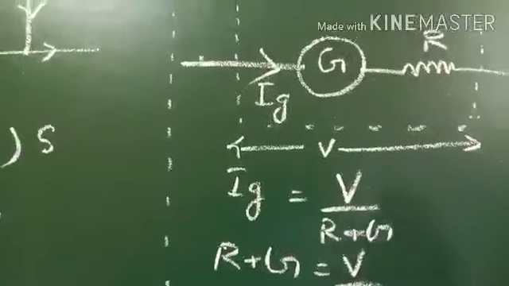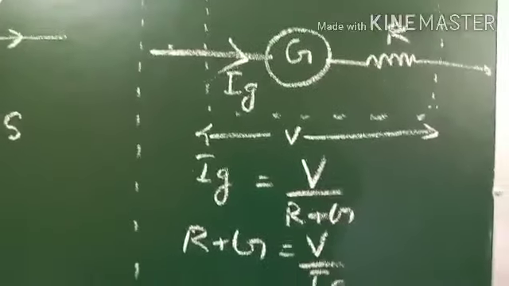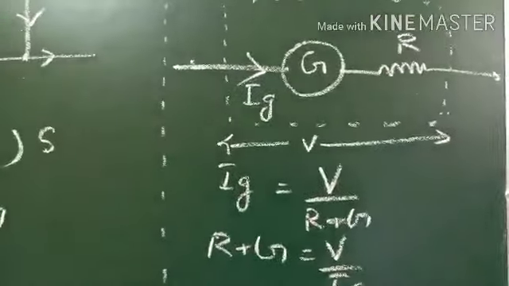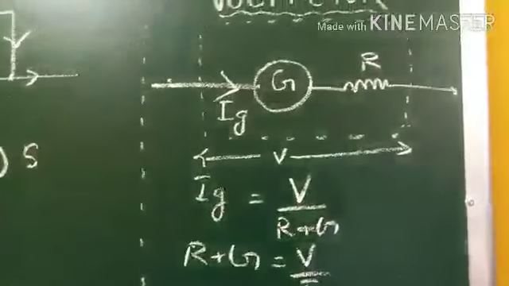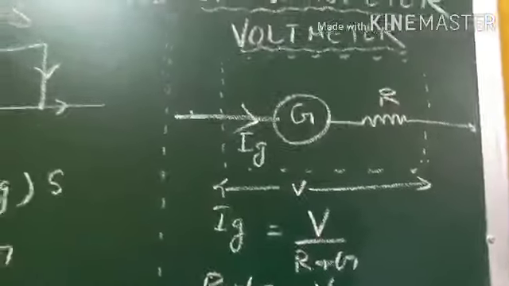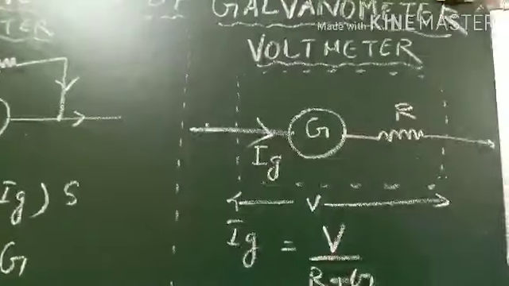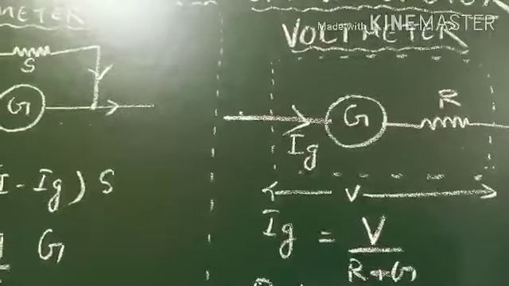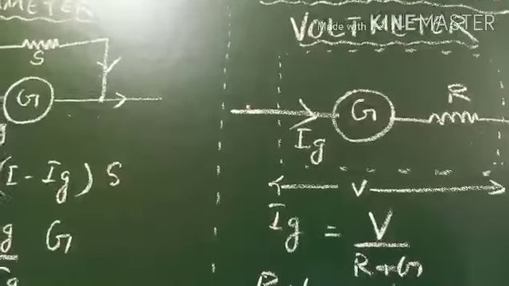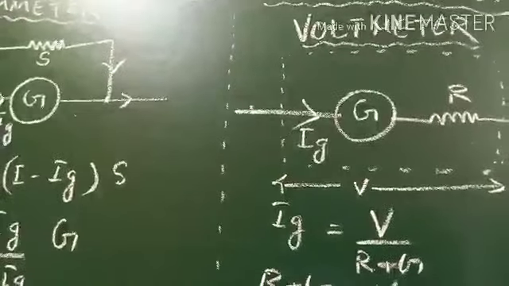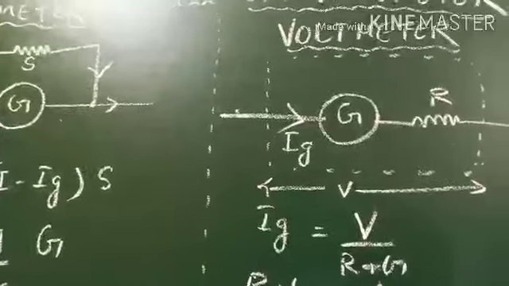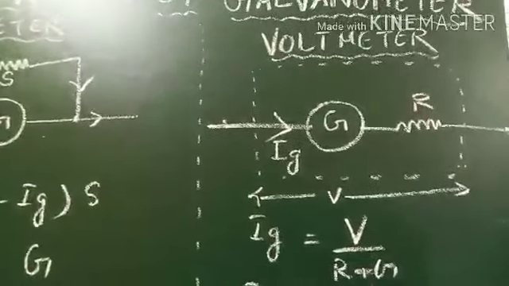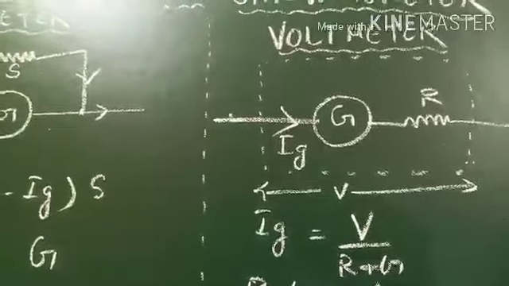Now one or two points, just note down. One, we have already discussed that an ideal voltmeter should have infinite resistance. Then a voltmeter is always connected in parallel with the circuit element. Because of its high resistance, it will draw only a very small current, and hence the potential difference across the element will remain practically unchanged. It means you are getting an accurate value.